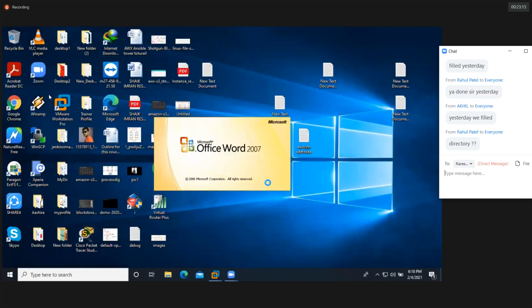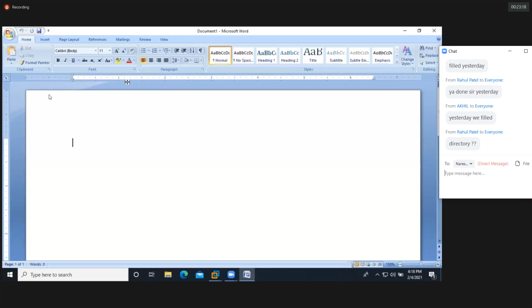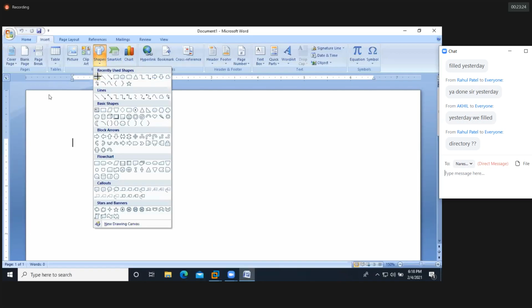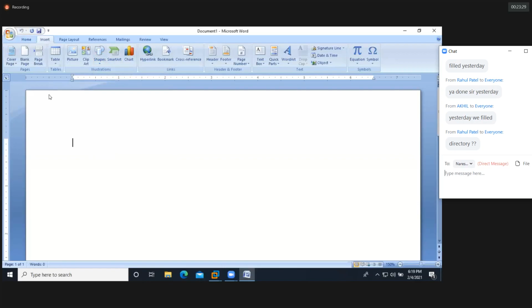So let's see here, making directory, mkdir. You can use dollar or hash, whatever. mkdir, then provide the directory name, for example dir1. You can give your own name also, there is no issue: dir2, dir3, dir4. Like this you can provide. So we'll create the empty directories called dir1, dir2, dir3 and dir4.